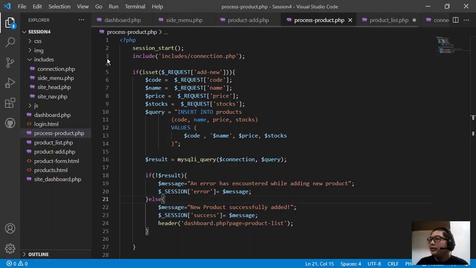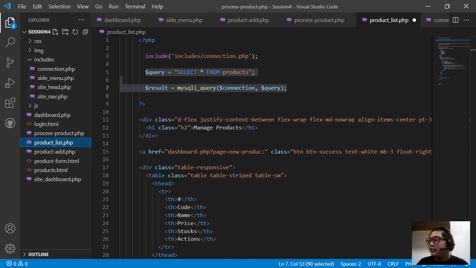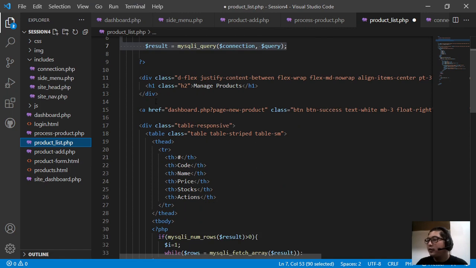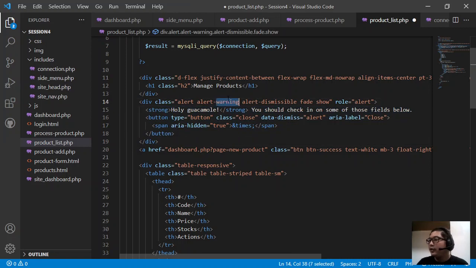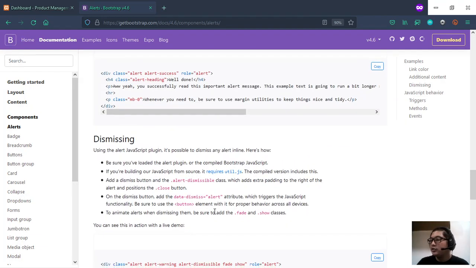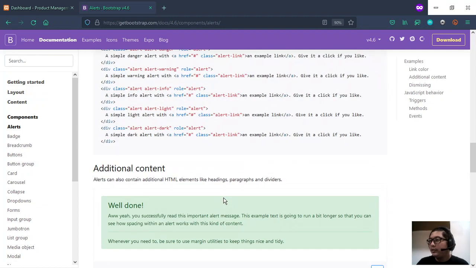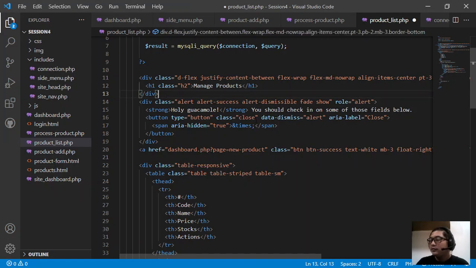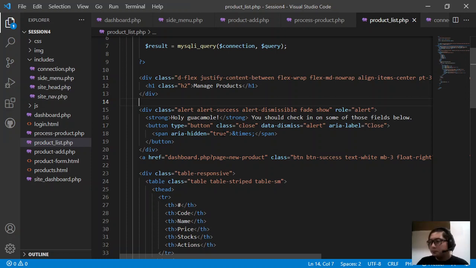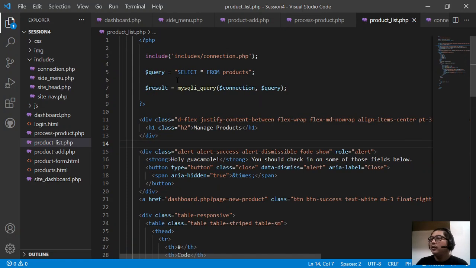Okay, so gagawin natin. Doon sa ating product list, insert natin siya before or after nung title. Okay? Ganyan. And of course, instead na warning, success, para kulay green. Para ang lumabas, instead na orange, na-close ko pala, dapat lalabas yung kulay green kagaya nito. So, ang pangalan niya is success. Ayan. So, ayan na siya. So, ngayon, ang gagawin natin dito is we will be